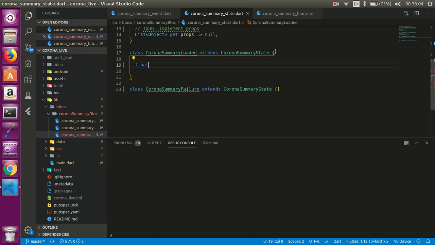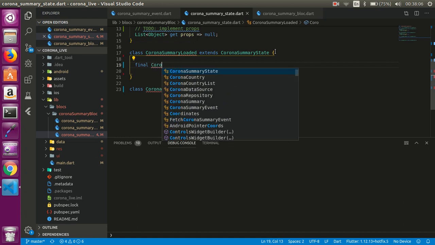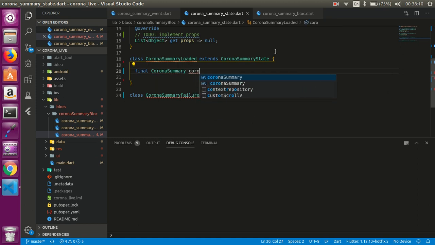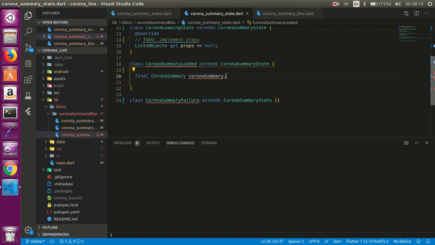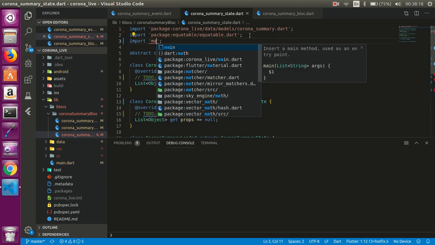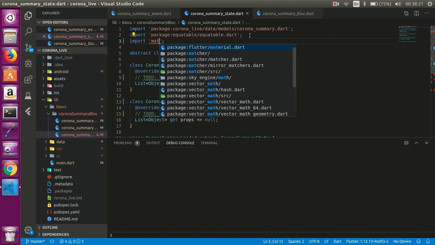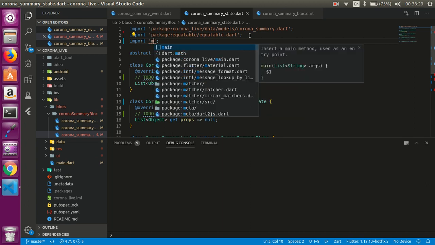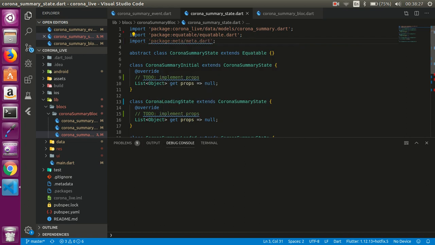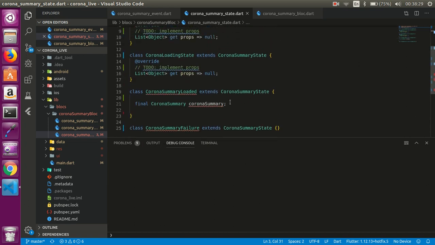So let's have an object corona summary, and also let's import a package which is meta.dart. Meta.dart. This one is to use the required keyword,